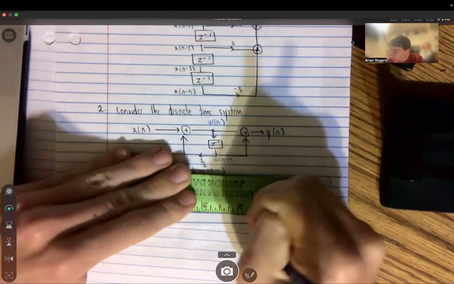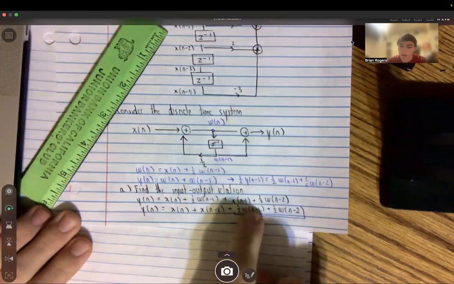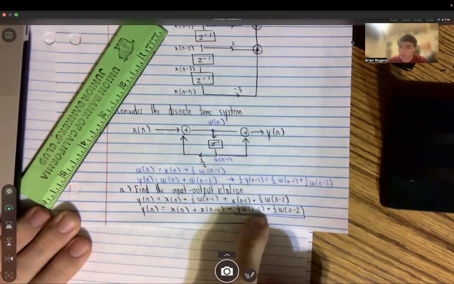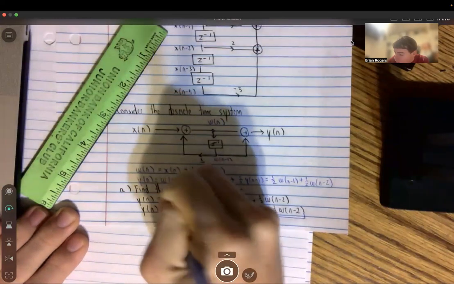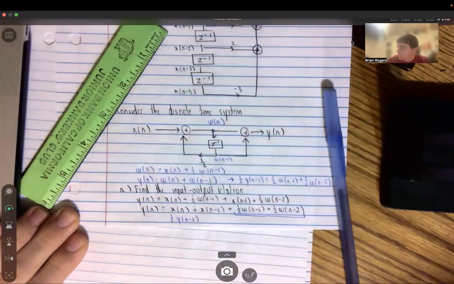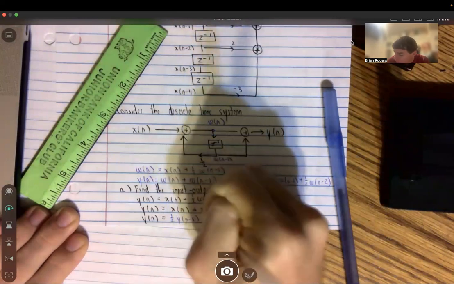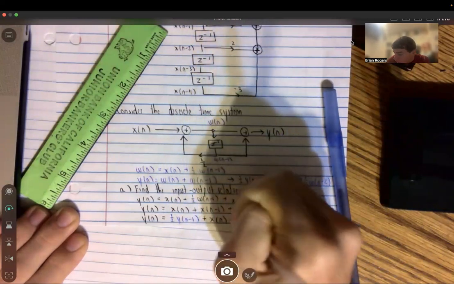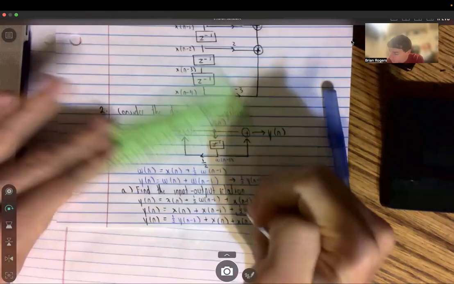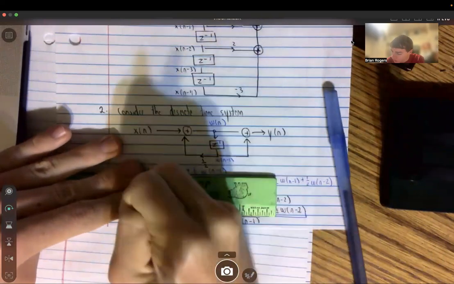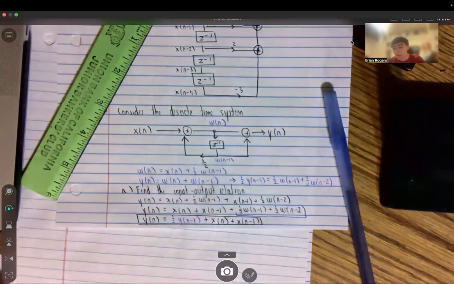Isn't this equal right here? This part is equal to 1/2 y of n minus 1, because this is what the right-hand side of the equation is equal to. So we can substitute in for here 1/2 y of n minus 1, and then rewrite the rest of the equation, just bring down the other terms, y of n, and then plus x of n plus x of n minus 1. And that's how we format our equation for the input-output relation. So it's only in terms of our x and our y. Now that we talked about that one,